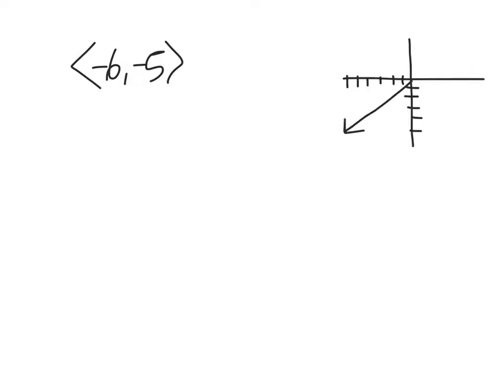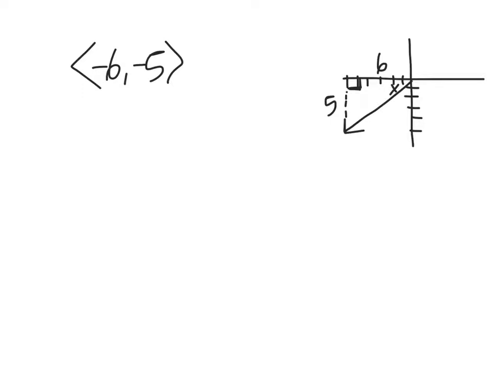All right, let's talk about this problem. So I drew out what the vector would look like. I went over 6 and down 5. So this is -6, -5. Now I'm going to make a little right triangle here. So this is my right angle. And this side is 6 because we went over 6. This side is 5 because we went down 5. We're trying to find the measure of this angle X right here, and then we're going to add that to